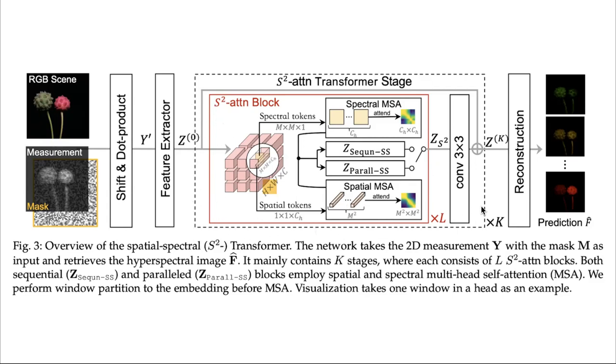In one stage, they have the S² attention block. In the transformer architecture, they consist of L blocks. So here they have spectral token and spatial token. S² basically represents the MSA for spectral and spatial. So spectral tokens mean